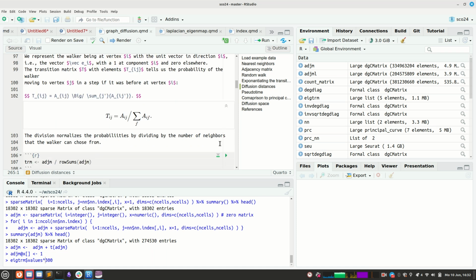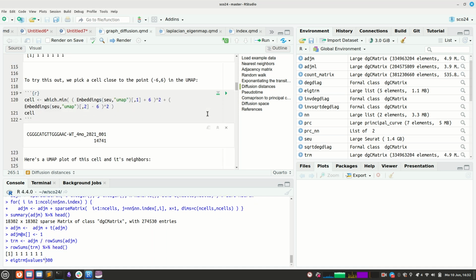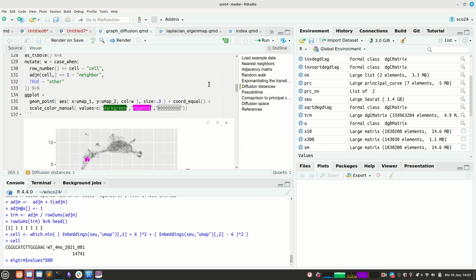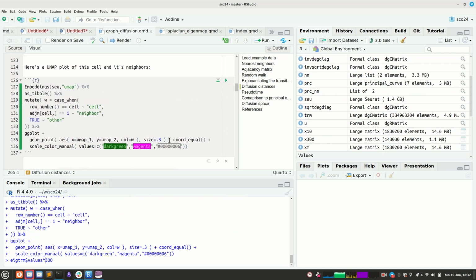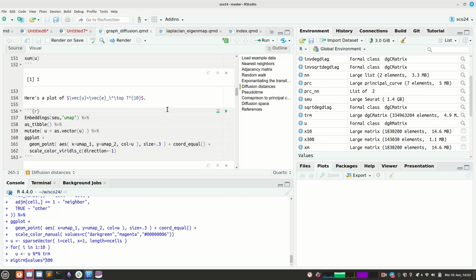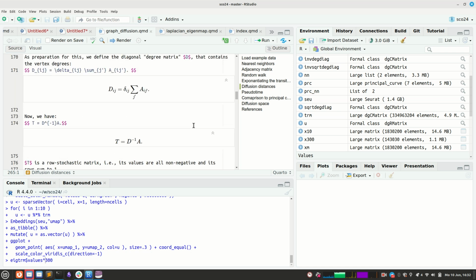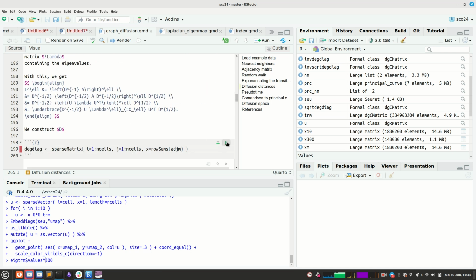So, the transition matrix: we row sum these things. So here we see our first step. Now we do this 10 times manually, plot it, and compare with doing it through the eigen